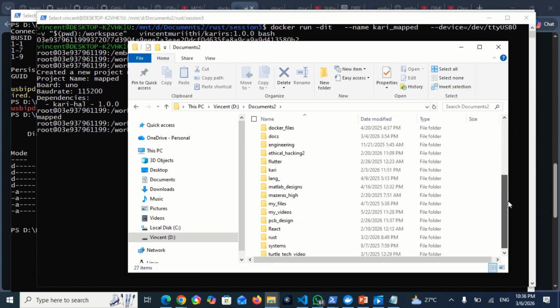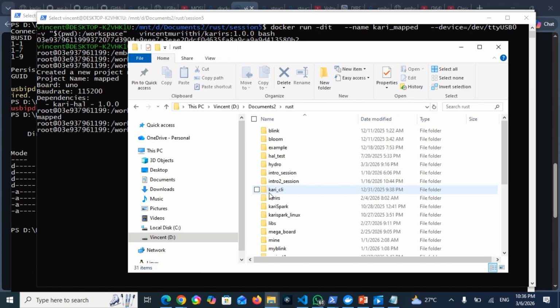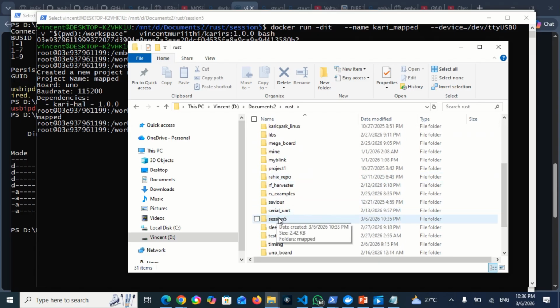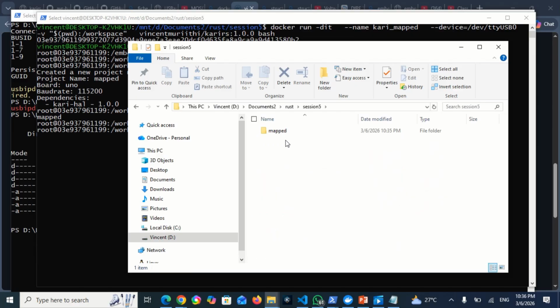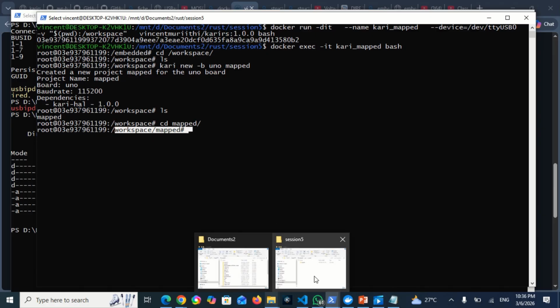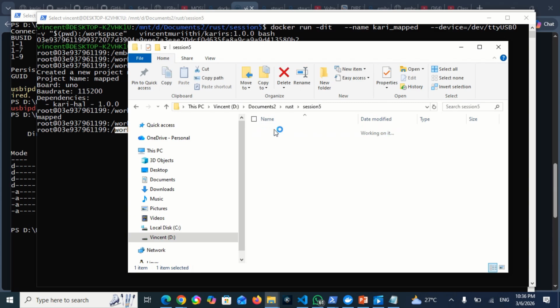We go to Rust, then we created something known as session 5. This one we did in our machine, but the mapped project is literally here. What we have created inside the container, the project is already inside,